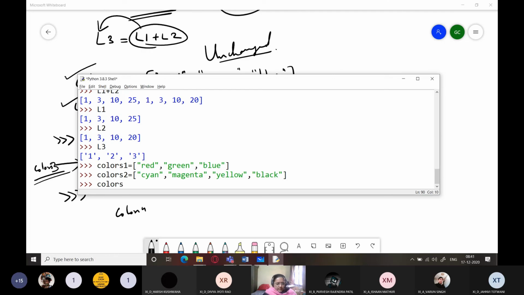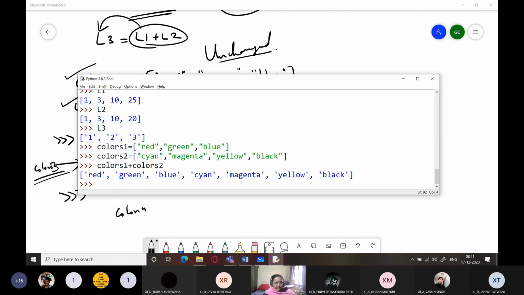I write here colors1 plus colors2. It will return me instantly both the lists joined together. Elements of both the lists it returns me.